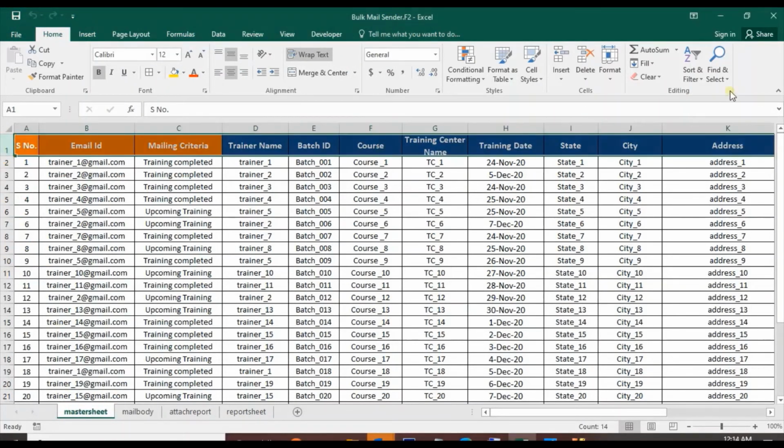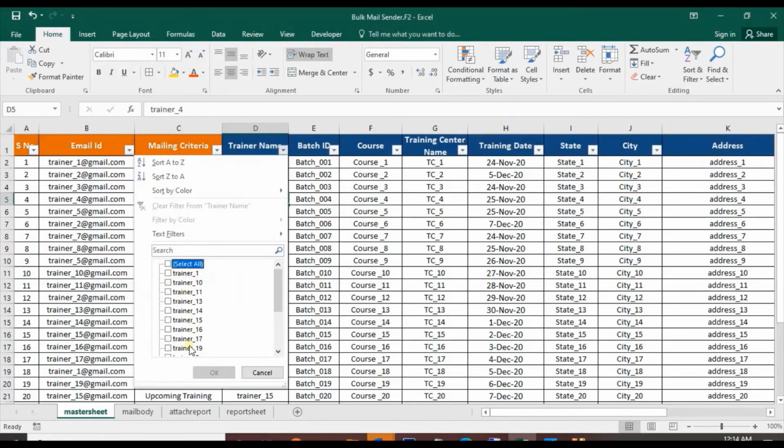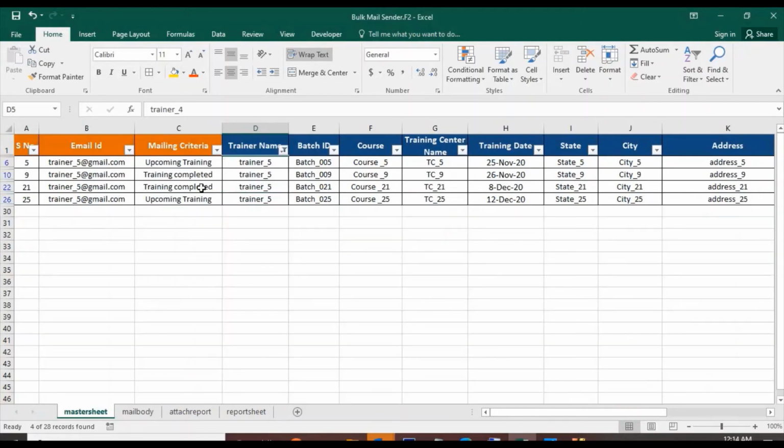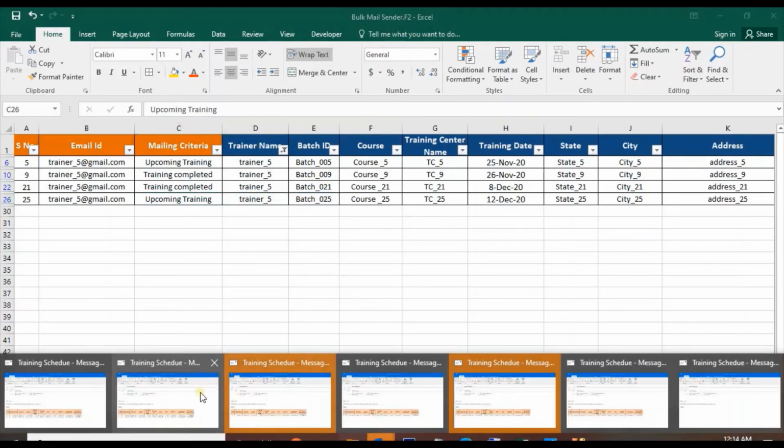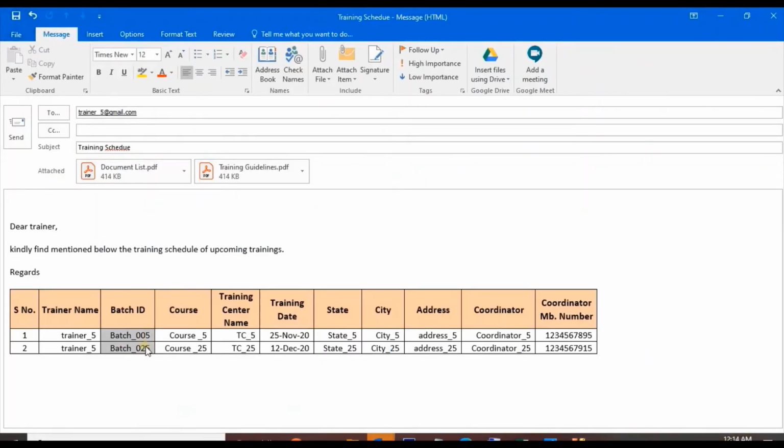Let's filter it. Trainer 5. Upcoming trainings are for batch 05 and batch 25. Okay, we have all the details here. Let's match one more.